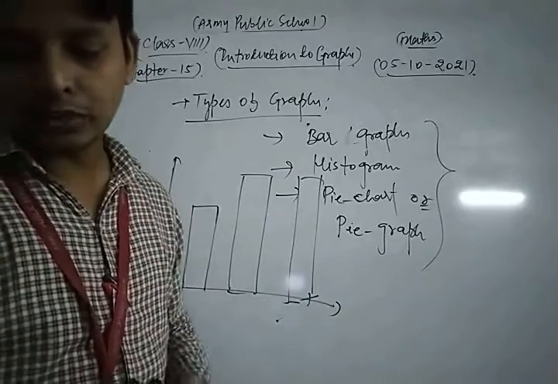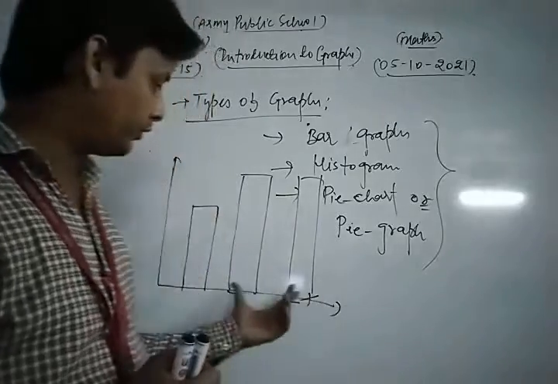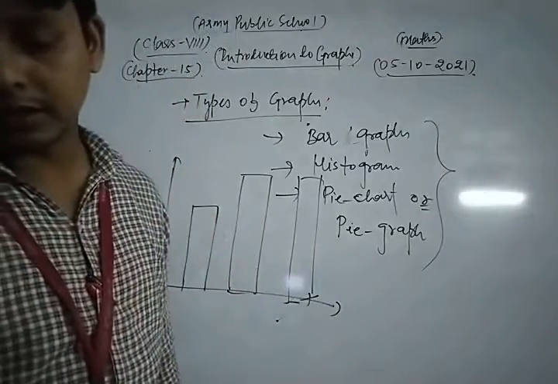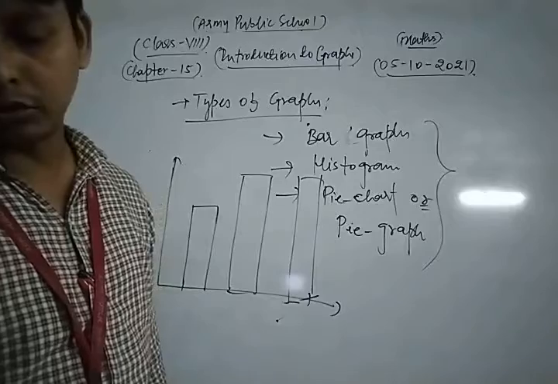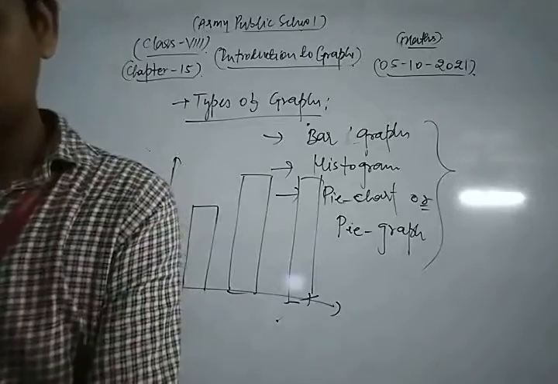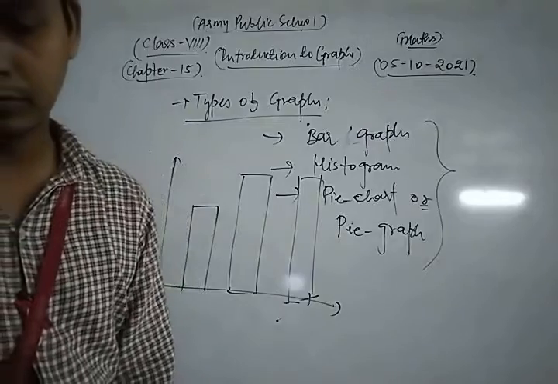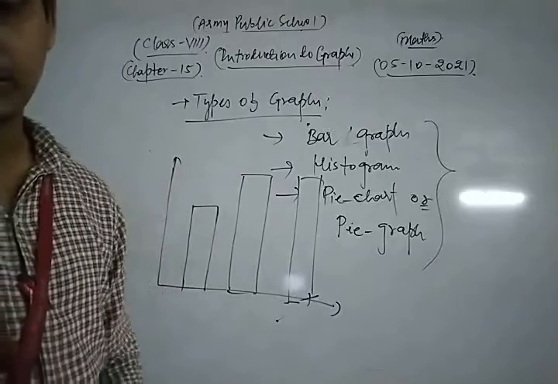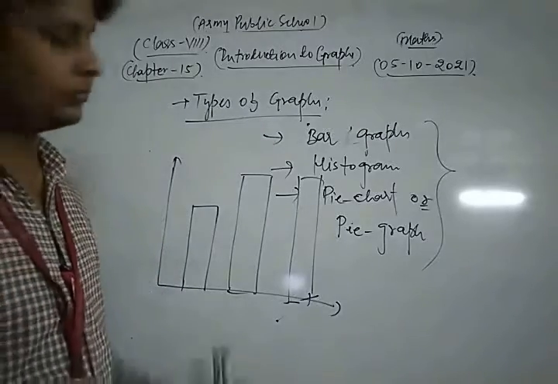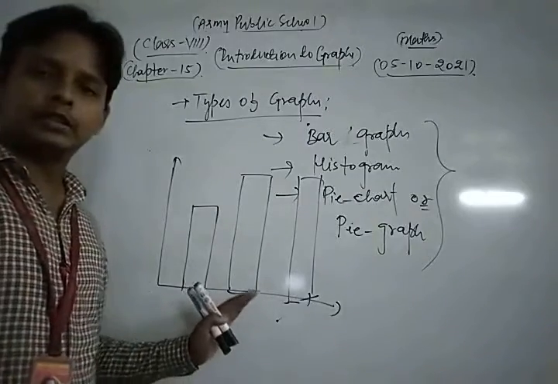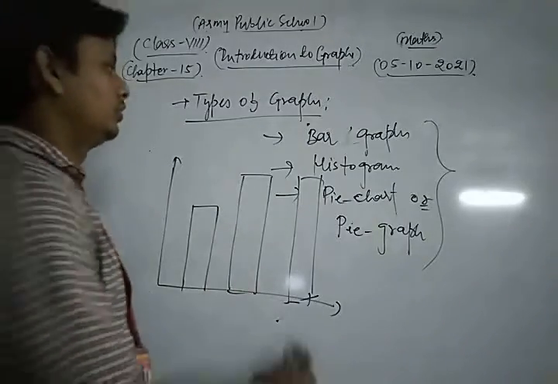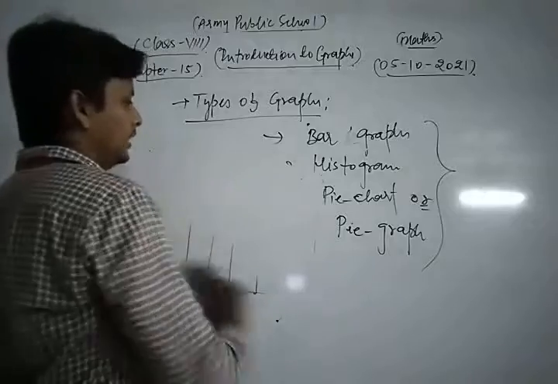Bar graphs can also have double bars, as shown in the figure. These graphs give a comparative account of sales. This is the concept of a bar graph. Now you should know all about the histogram.